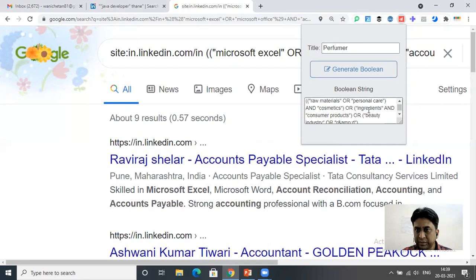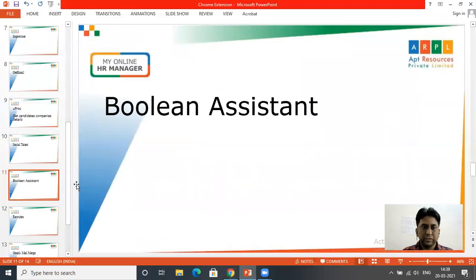So personal care, cosmetics, ingredients, consumer products, beauty industry. So now these are certain keywords for this specific perfumer. It's a very niche profile. Still we got a few keywords in that. So this is Boolean Assistant.